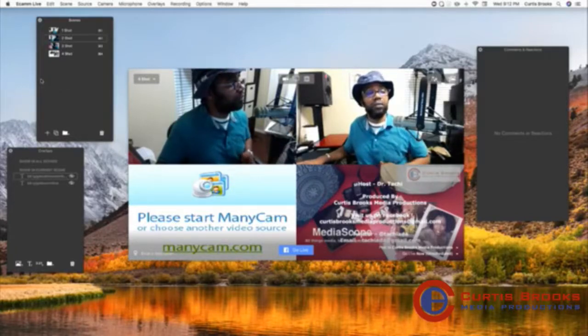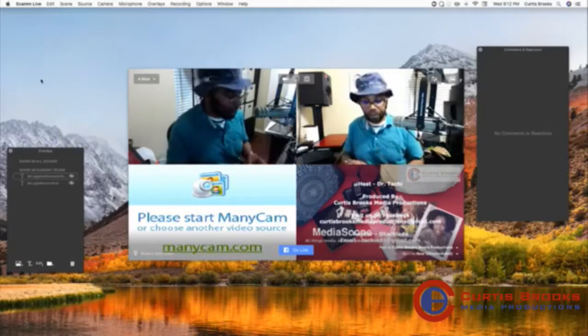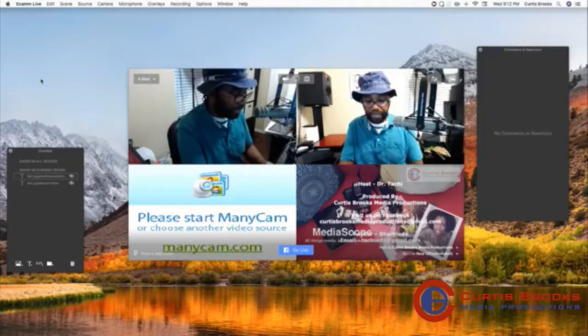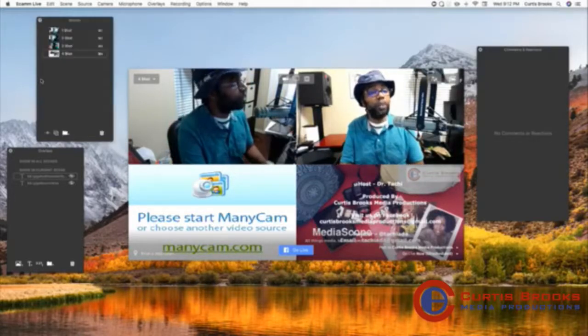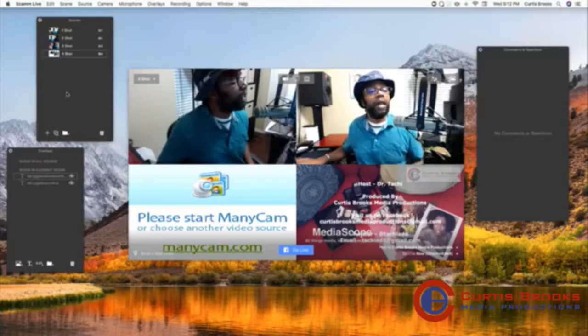If I wanted to X out of there, bring those scenes back, I'm going to press Command /, and that's how I get that scene dialog box to pop up. Okay? So now that you see me name the scenes, I double click to name those scenes there, and the scenes will be Command 1 for the single shot, Command 2 for the double shot, Command 3 for the triple shot, and Command 4 for the 4-shot scene.